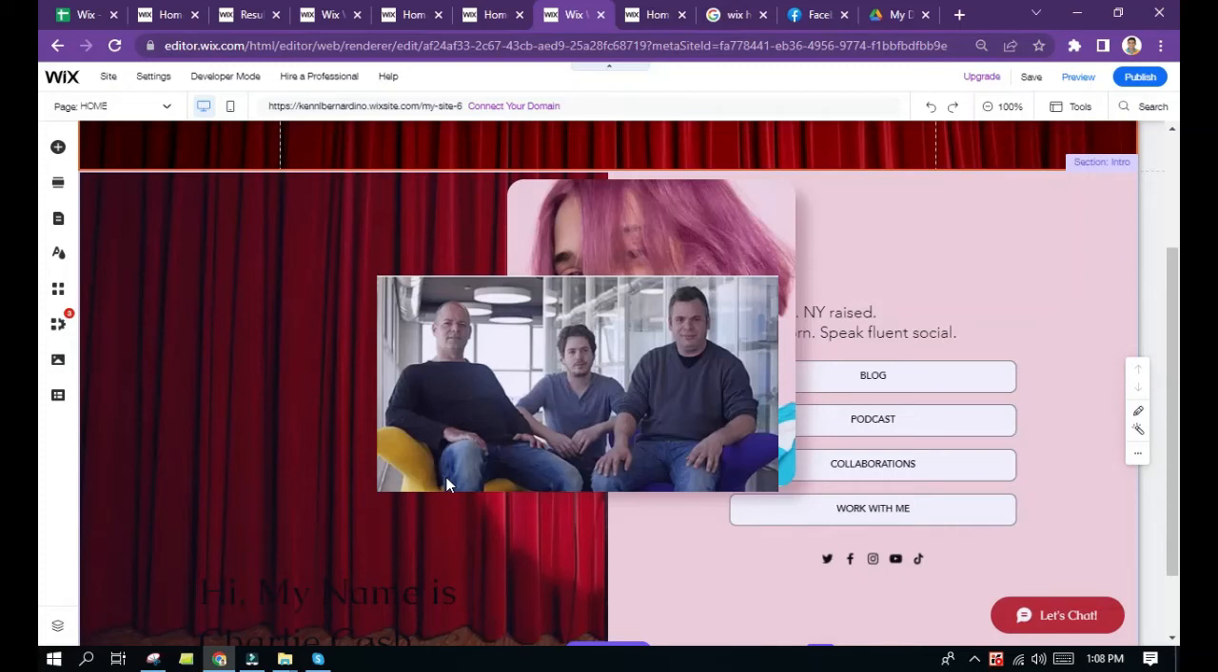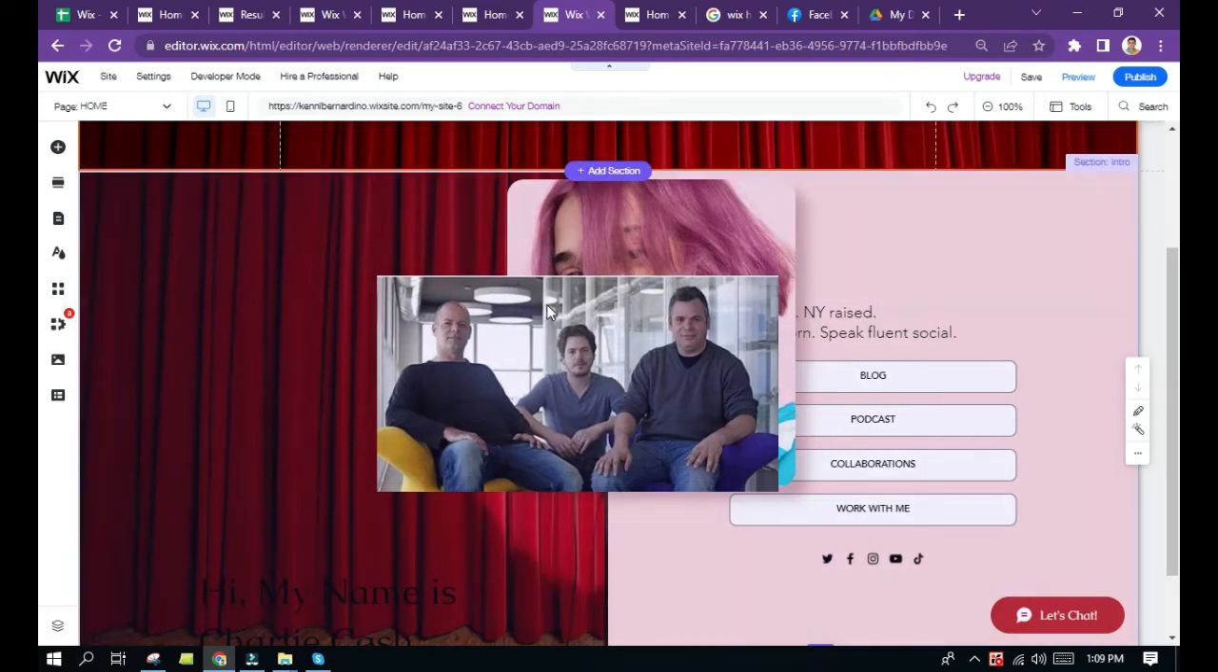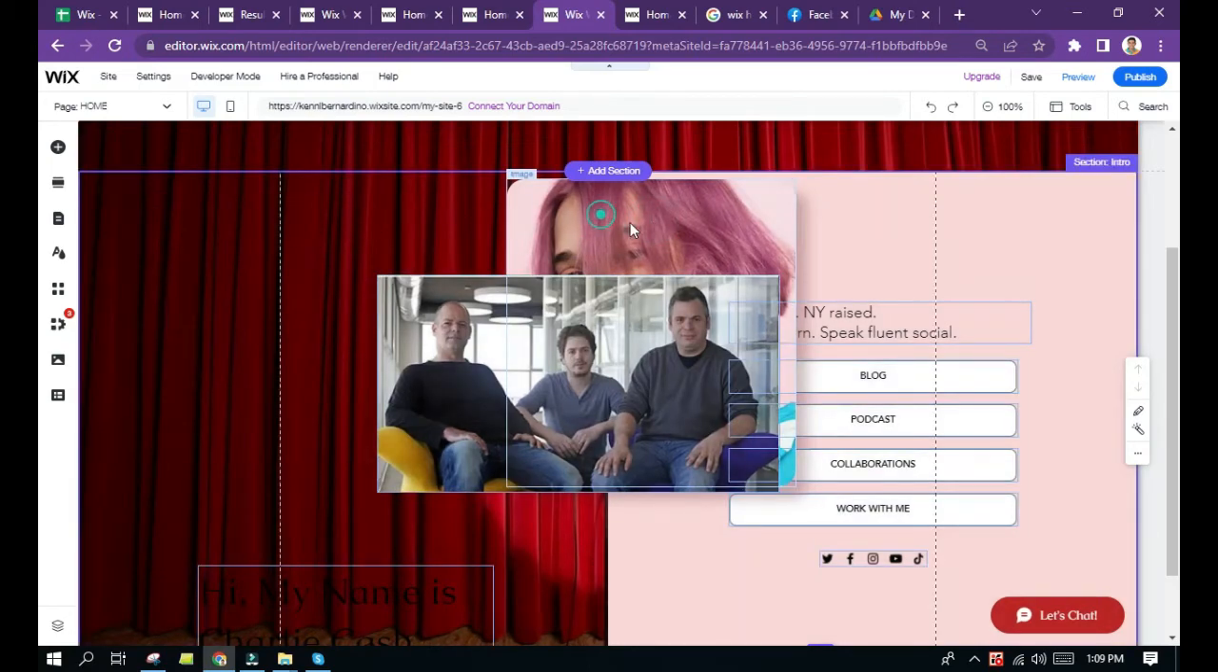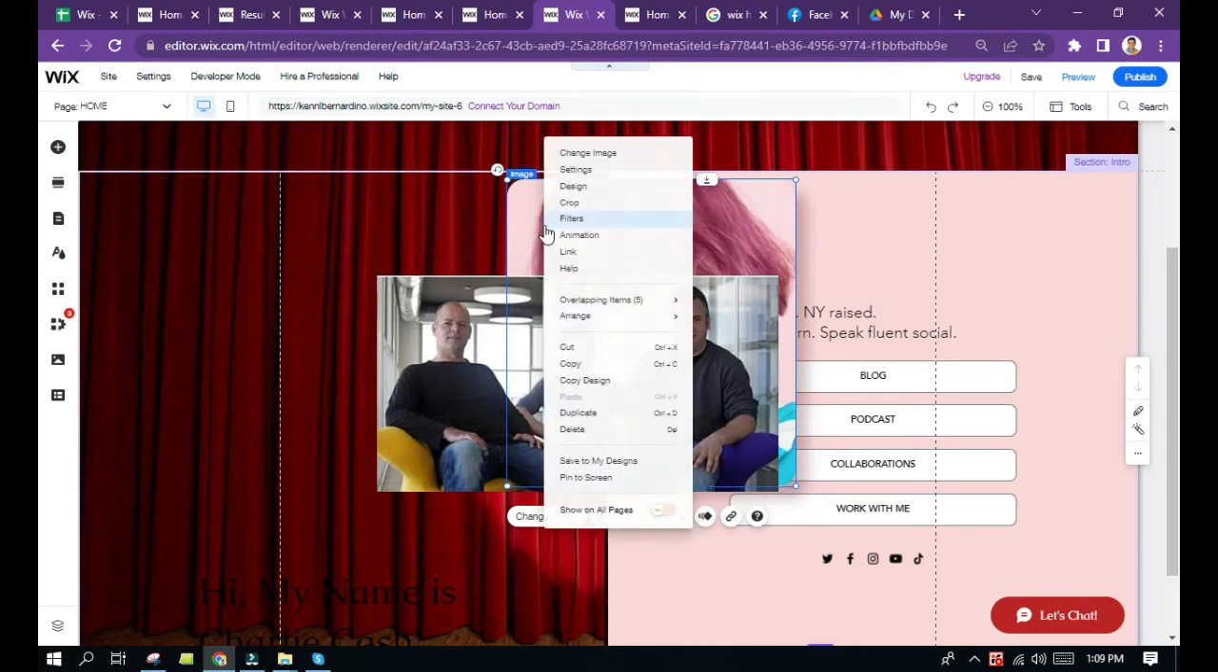Hello everyone, today I am going to show you how you can bring an image forward over an overlapping image. So, as you can see here, you can see overlapping images. So what you're going to do, if you want to move this image forward, right click on that picture,